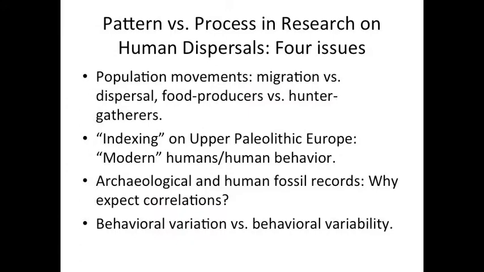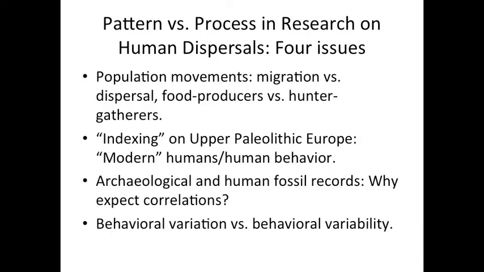Here's why. One of the major problems we have in human origins research is that we confuse the pattern that we find in the evidence with the process that created it. These are four major issues in terms of conflating pattern with process that I think are really important for us to reflect upon. First among these is that we're trying to study population movements by hunter-gatherers, and yet all of